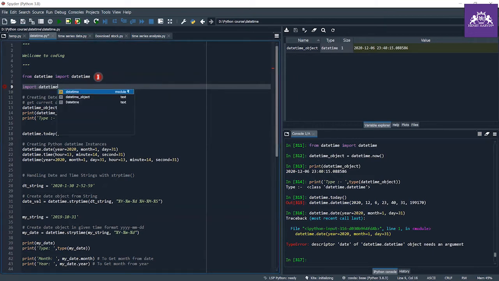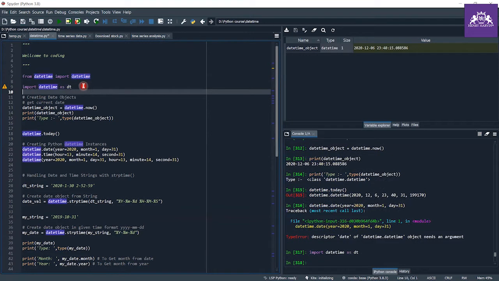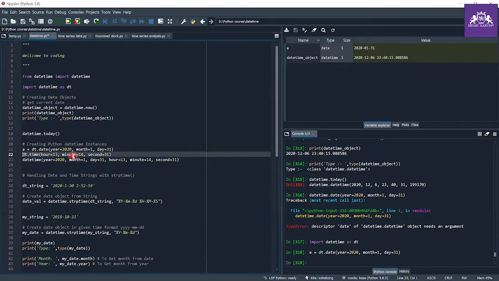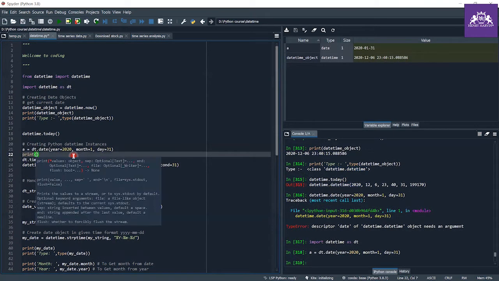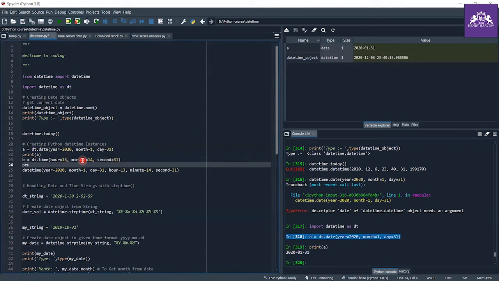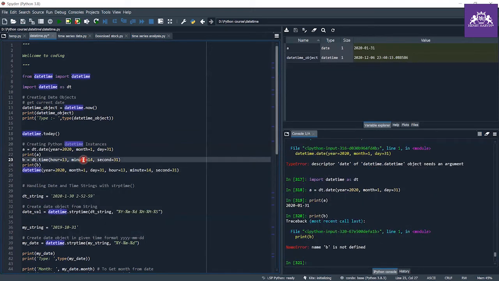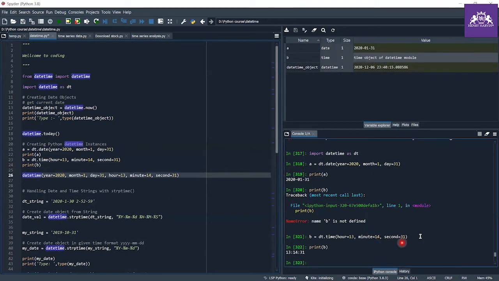datetime as dt, because we already have the datetime. So I import it as a reference name, and now let's do one thing: dt.date, dt.year. And yes, now as you can see, we get the date as we write. Now let's print another thing. Okay, yes. As you can see, I just specify the time, and I get the time.